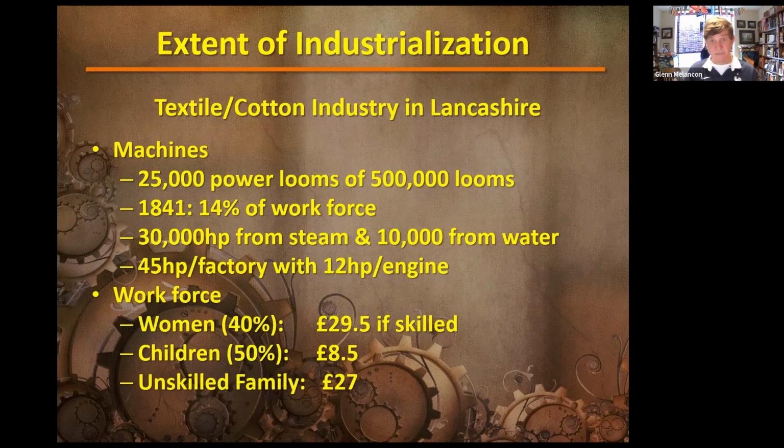An unskilled family altogether, right? If you take an entire family, unskilled, they're earning 27 pounds a year. So a family of 4 earning 27 pounds a year, which means that they are living about at subsistence, just a little bit above. They're able to pay the rent, they're able to buy their food. But in order to do that, in the summertime, they could be working 19 hours a day and could be fired at the drop of a hat in an unsafe work environment.